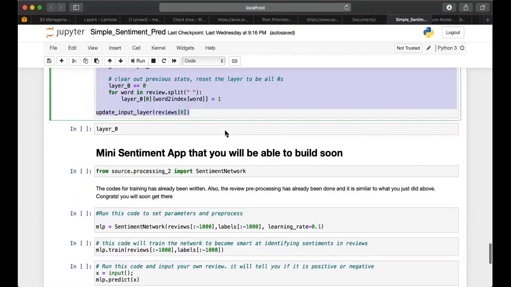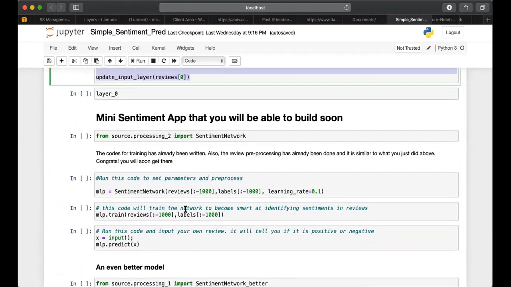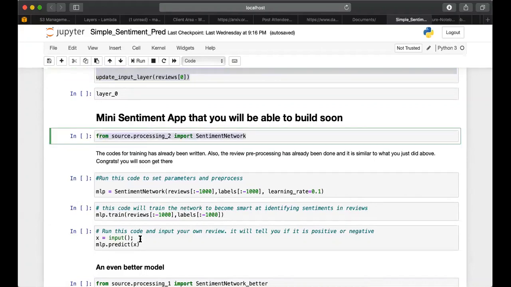I'll just go over this particular area; you don't really need to go through it. Now you have changed your words to an index. When you're training your machine learning model, for this particular project it's actually a neural network that I used, I think a two hidden layer neural network. There are different ways you can feed your data into the model for sentiment prediction.